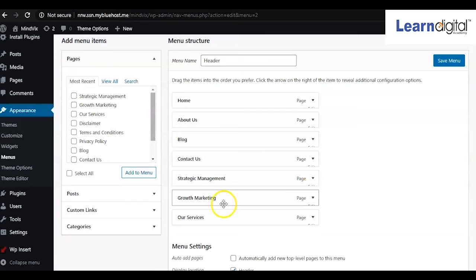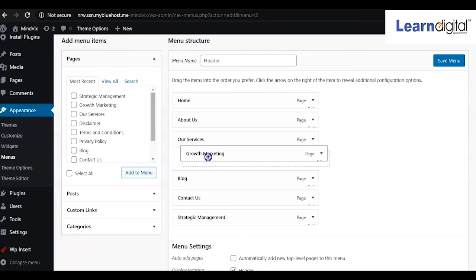So now we have to arrange these pages, right? So our main service page will be this one, so I'll be keeping it over here below about us, right? And these 2 pages I want to show as sub pages. So what I'll do, I'll take it and keep it a little bit to the right. You have to set the alignment over here, right?